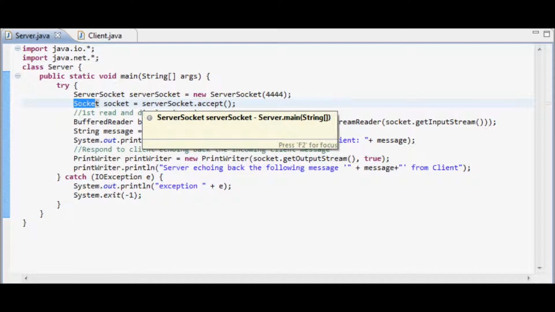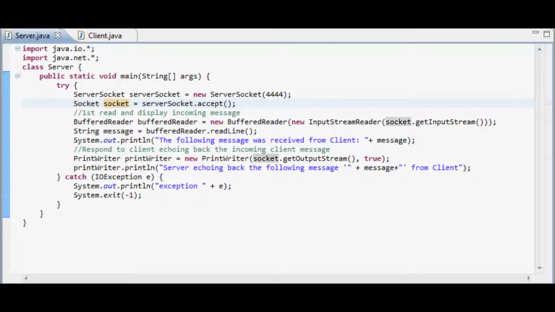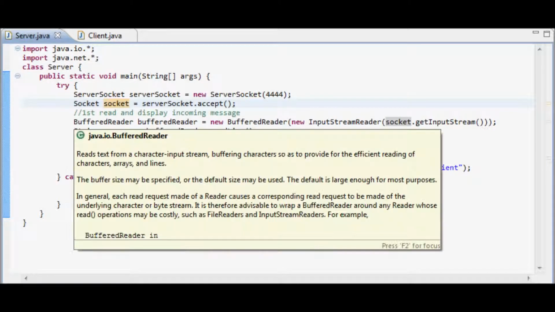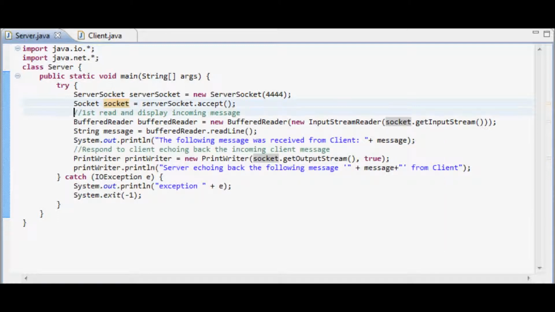Or here, since we're on localhost, between the client and the server. Okay, very good. So next, what I'm going to be doing here is